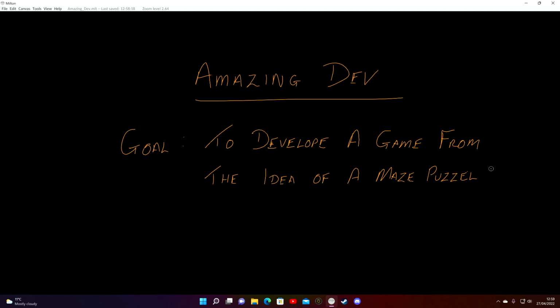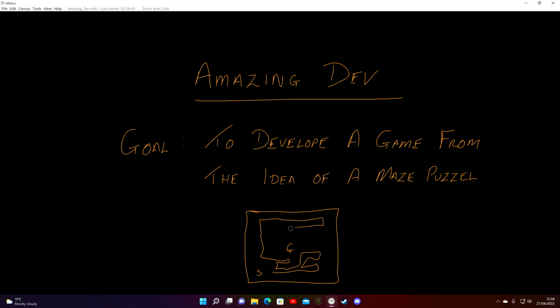Now, what does a maze puzzle look like? In these books, it's a square. You have a start, somewhere near the edge usually. You have a goal, somewhere in the middle. And you go around this maze in strange ways. And, of course, you get to your goal.